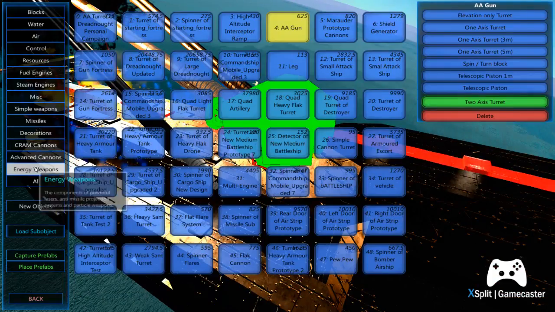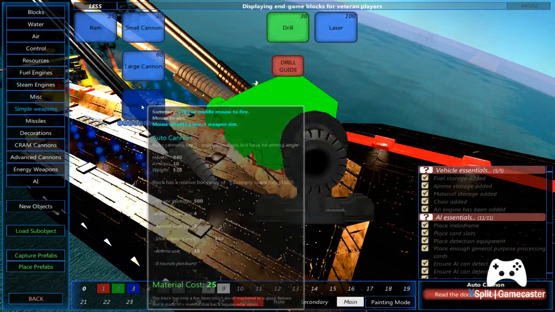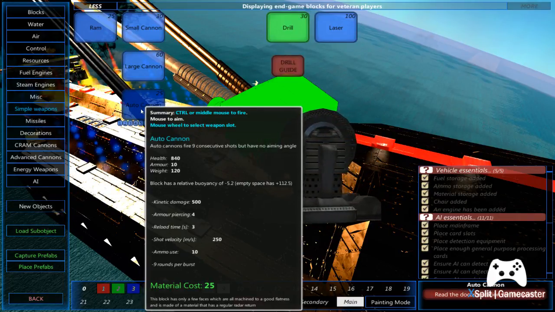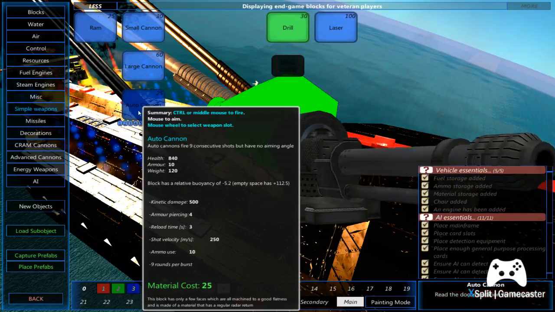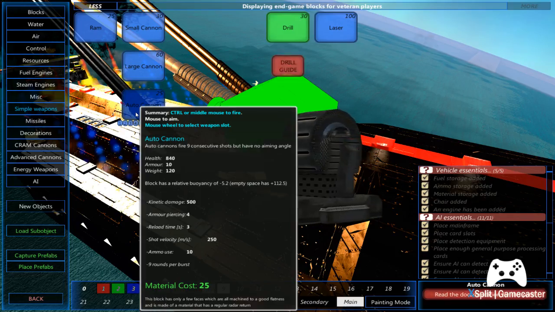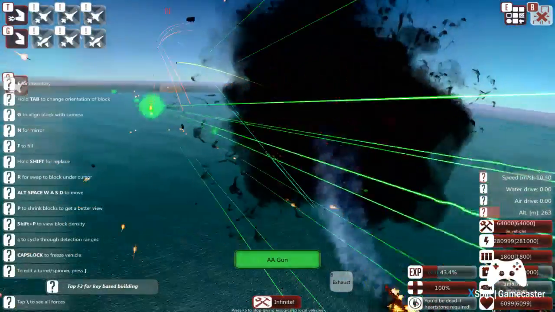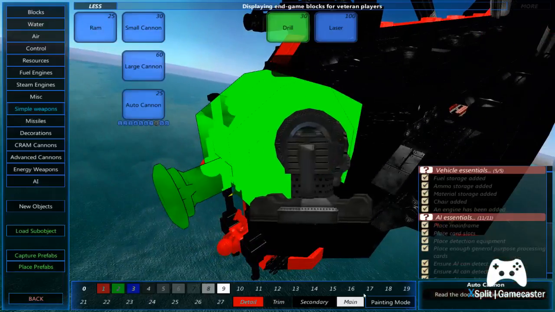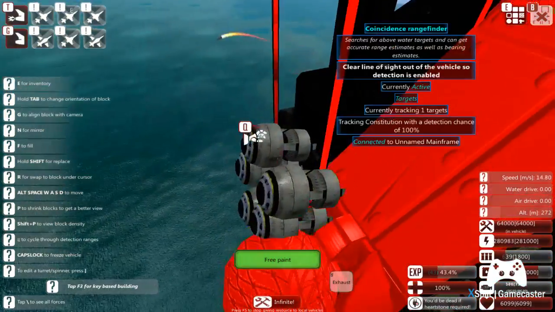We'll just go to the simple weapons. But yeah, I took a good look at it. These actually do 500 kinetic damage per shot, from what I can see. So that's 9 rounds at 500 kinetic damage. It's doing 5,000 damage per burst, which is actually fairly considerable, seeing as you go over to the cannons and you can see that even with...